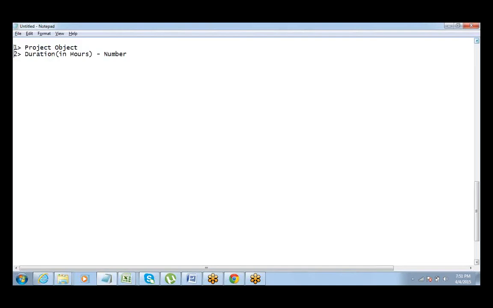So first you should have a project object. In case you do not have a project object, please go ahead and create one. It should not take more than 30 seconds to create an object. In that, I want this field to be created, duration, and the field type should be number.